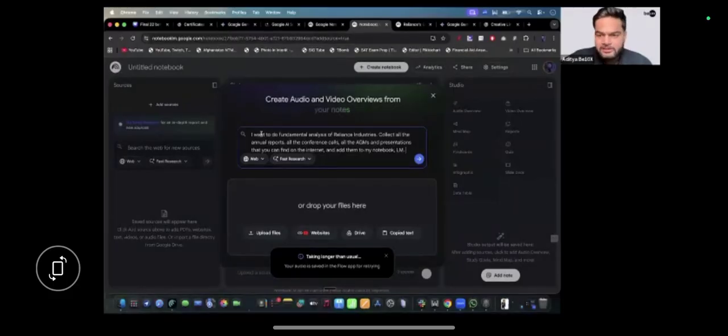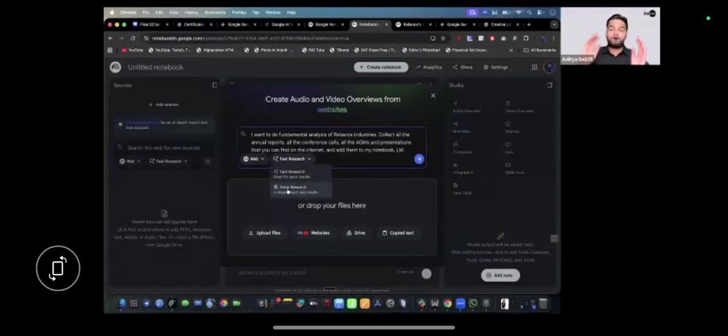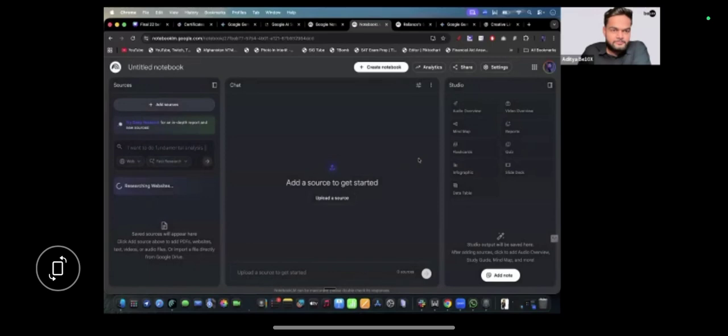Folks, so here you can see I just typed whatever I wanted, and here you can select deep research, right? Deep research will take 2-3 minutes, but it will find all the documents which you wanted. For this example, I'm just showing you fast research because I want to do it fast. And if you have something in your drive, if you have a 1 TB drive like me, you can find stuff in your drive as well by using this, right? You just have to tell it what exactly you want to achieve, and it's going to go on the internet or inside your drive, and it's going to find all of these things. I'm going to do fast research, and I'm going to click on enter, right?